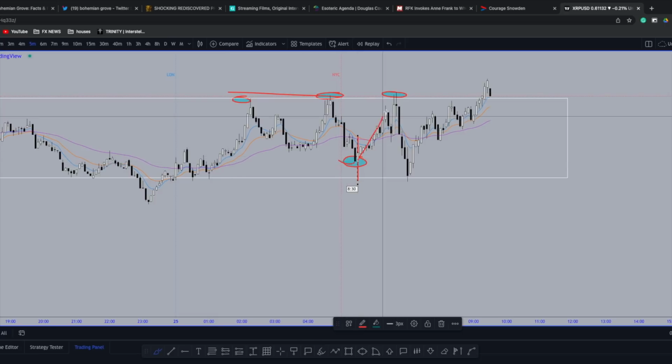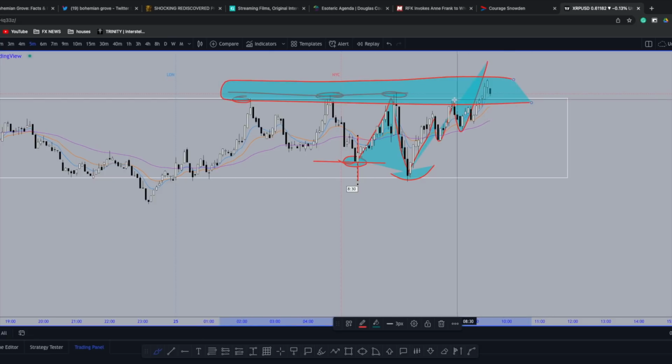The market makers came, gave us a signal that they're going to want to take retail liquidity to the upside in the form of sell positions above these highs. Double top positions, retail resistance. The market makers first come, grab and liquidate the lows beneath these early buy positions, and then they put in their institutional order to come and grab liquidity from the highs.